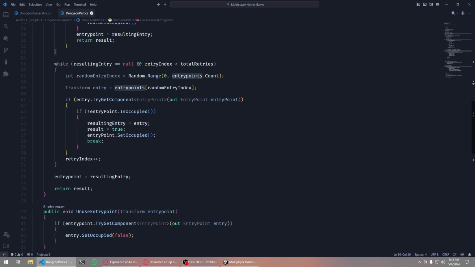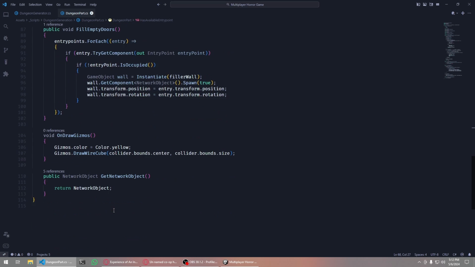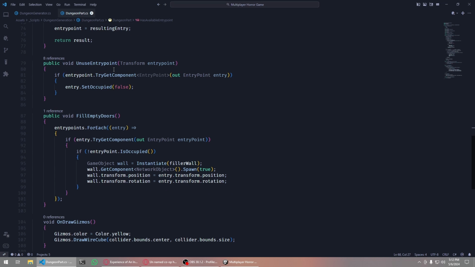For multiple entry points, it runs a loop and finds a random entry point from the list of entry points and checks if it is not occupied. Then if it is not occupied, it just returns that entry point. Okay, next up I have this unused entry point function which receives a transform of entry point and it gets